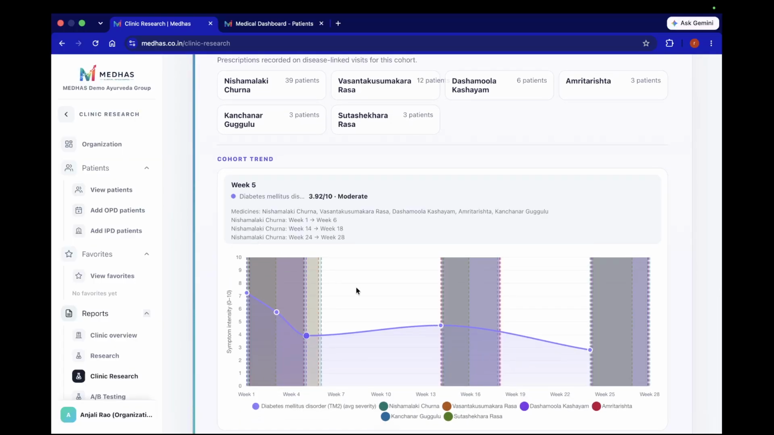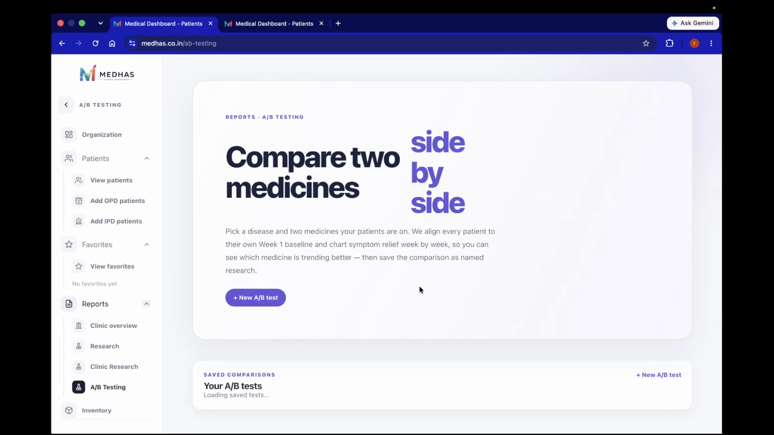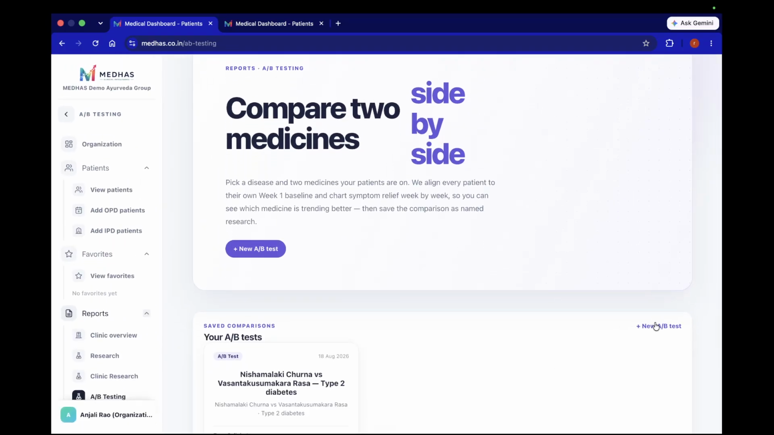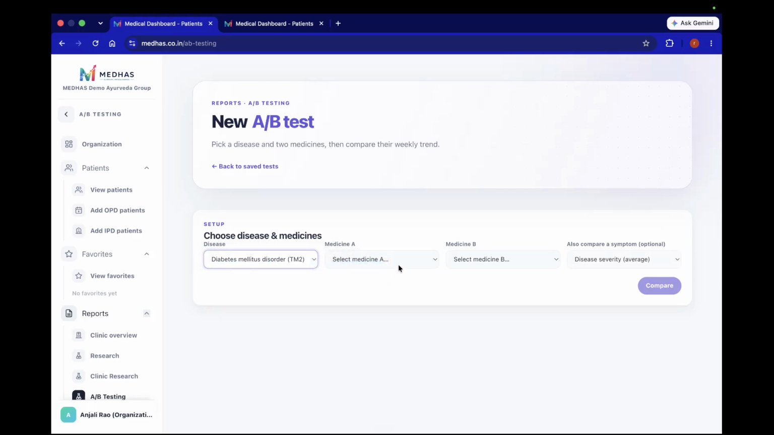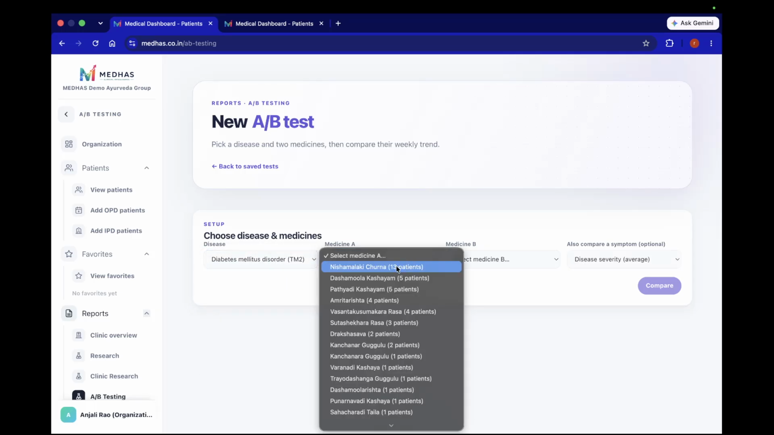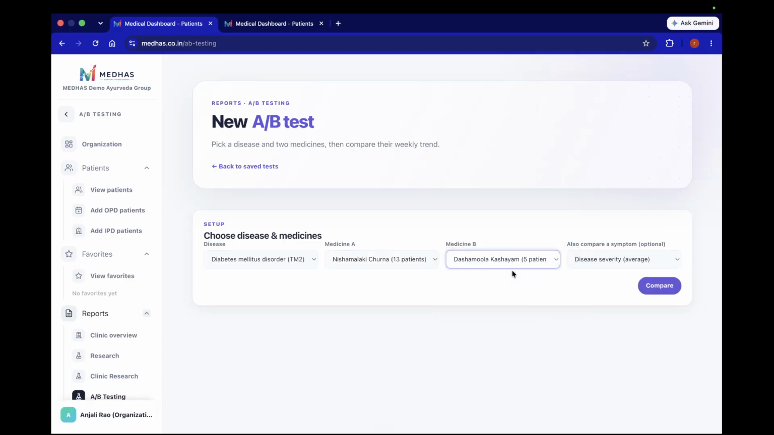And there is one another benefit that we are adding. It is something called A/B testing. A/B testing is where you can actually create a new test and compare two different medicines, how they are working, of different brands, or altogether different combinations. You can directly compare it with different